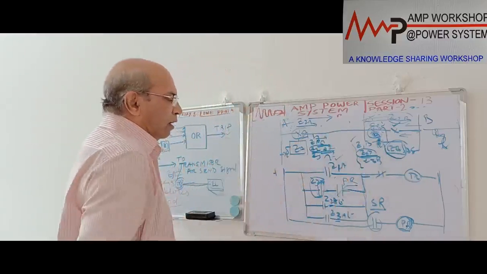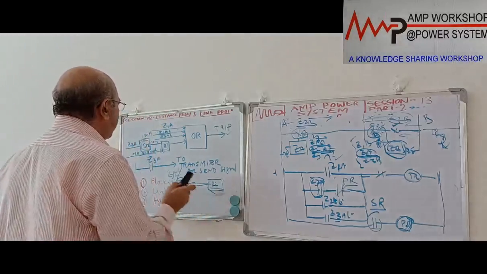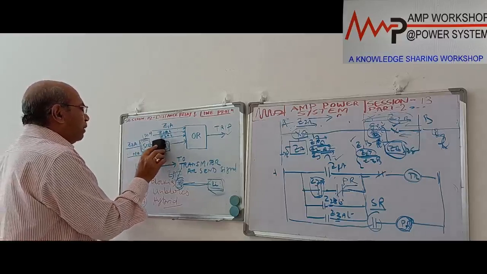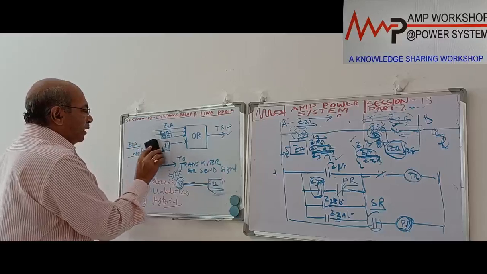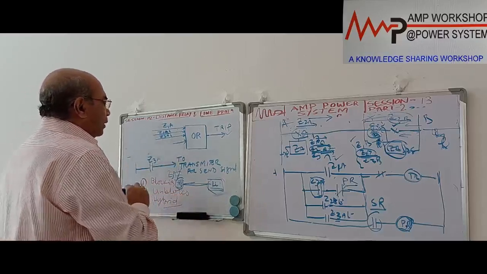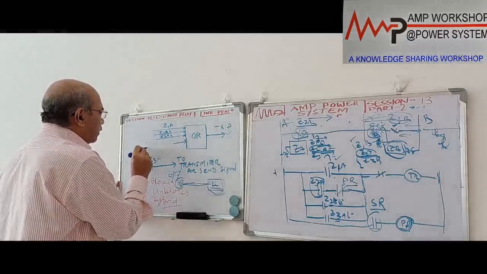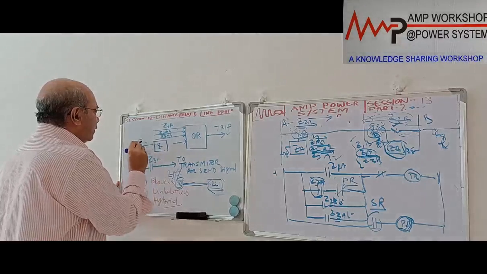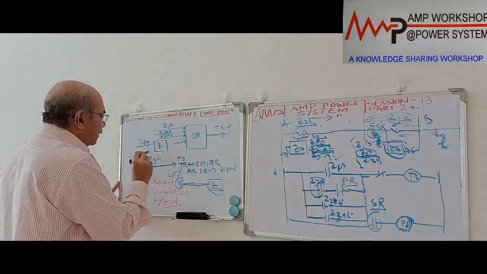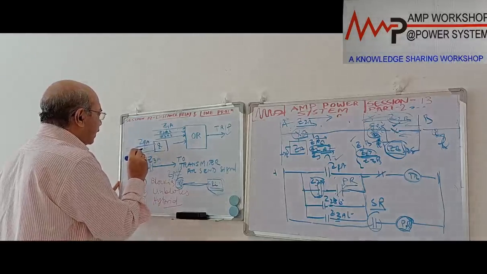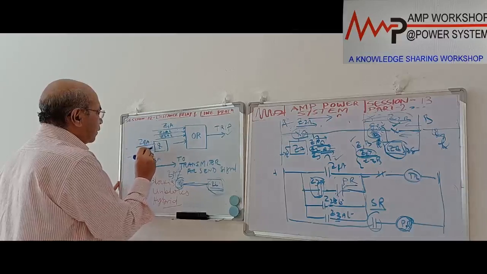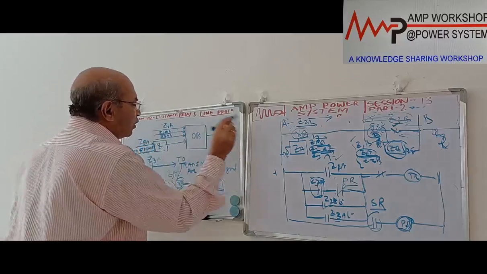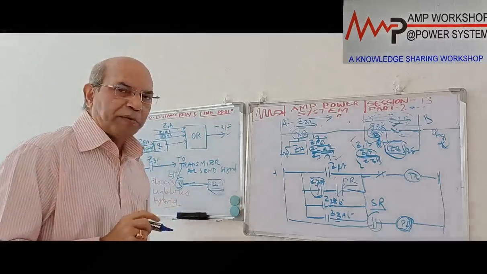So this will be the logic. In this logic diagram, zone 1, zone 2, zone 3 are there. Here is your Z2, this is an AND gate, this is an OR gate. Z2A operated and signal receive, PR or permissive receive. If both are on, then this is on, then it will trip. That is what we have discussed about the permissive overreach scheme.